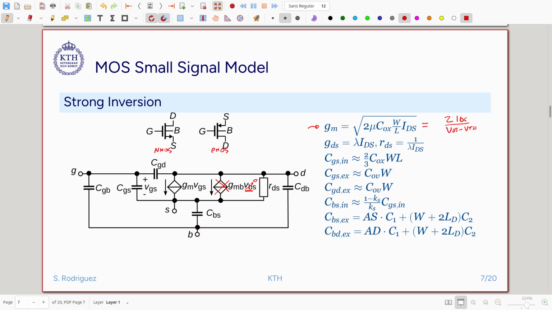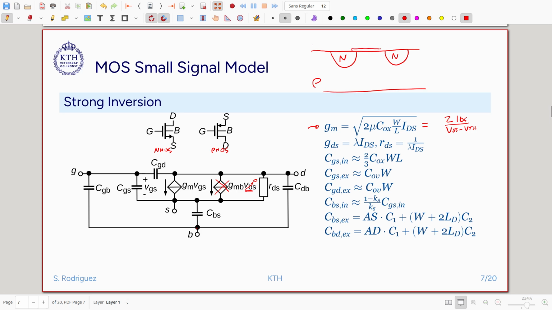So this is just a simplification. Then we have a bunch of capacitors here. We have extrinsic and intrinsic capacitors. Intrinsic capacitors are the ones that depend on the voltages that we apply to the transistor. So we see that for an NMOS transistor, it will look something like this. The NMOS transistor: you see this is the P substrate, N region,